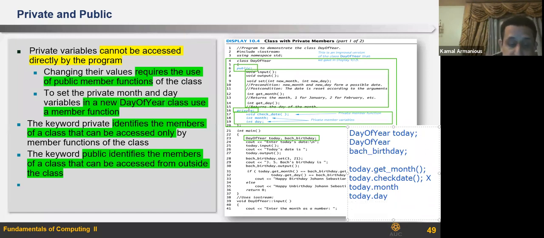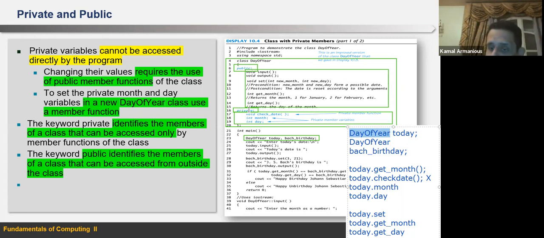Okay. I can say today dot set. I can say today dot get months. I can say today dot get day. So what matters for me is the name of the object, dot, the name of the function, and this object called today belongs to a class called day of year. And then